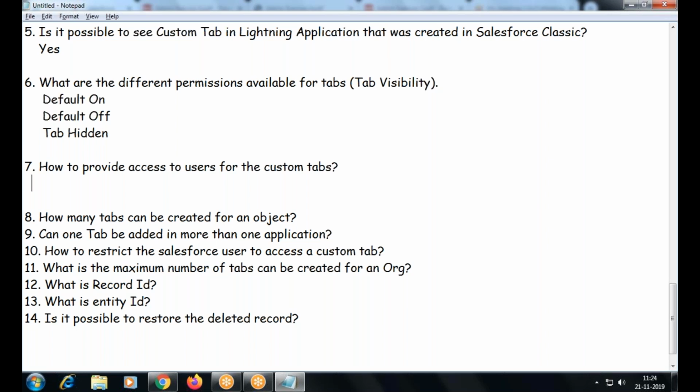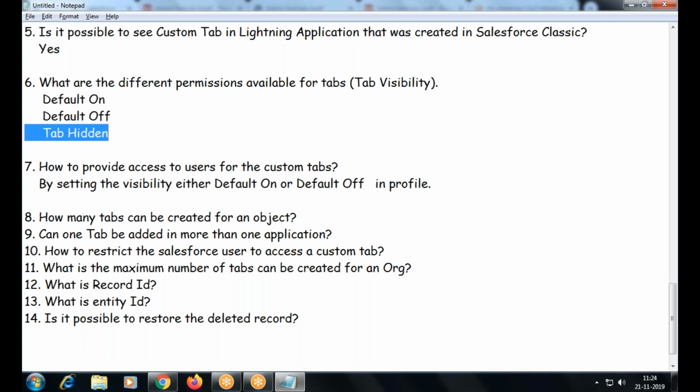By setting the visibility. Default on. So both will provide access. Okay, both options will provide access.